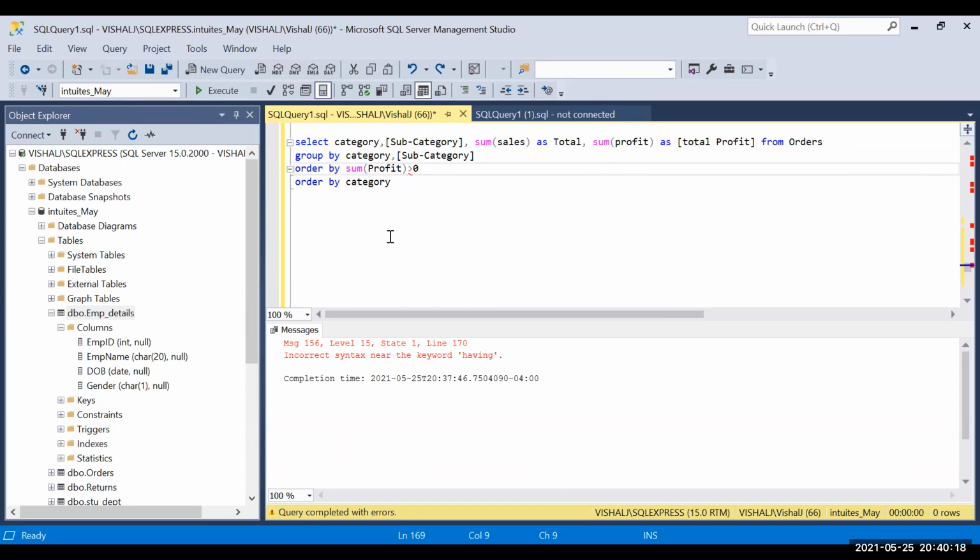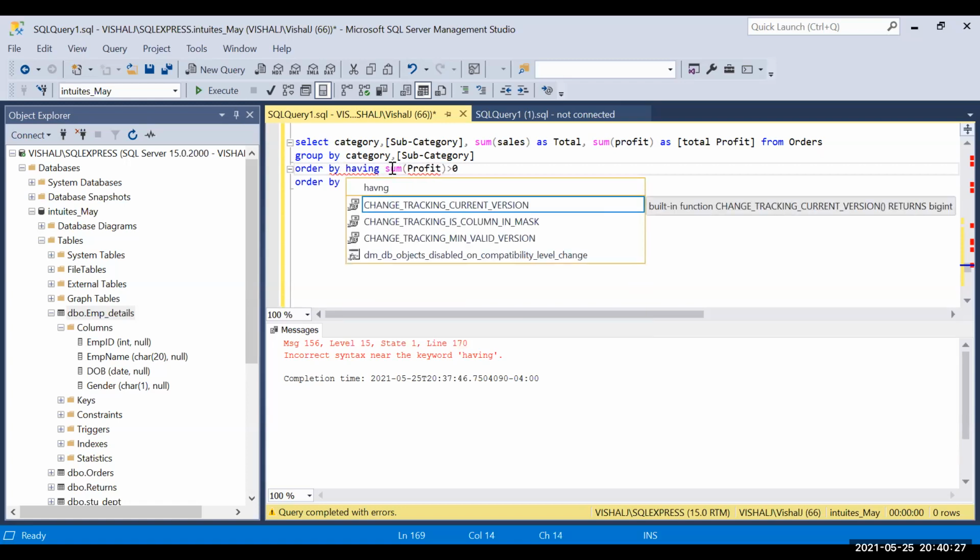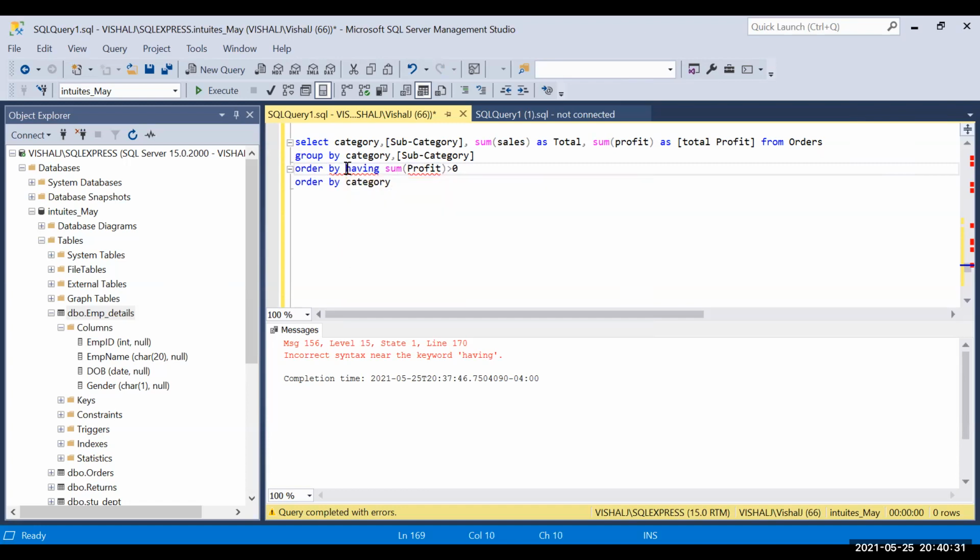You have removed having also, and order by will be removed. So that will be right.